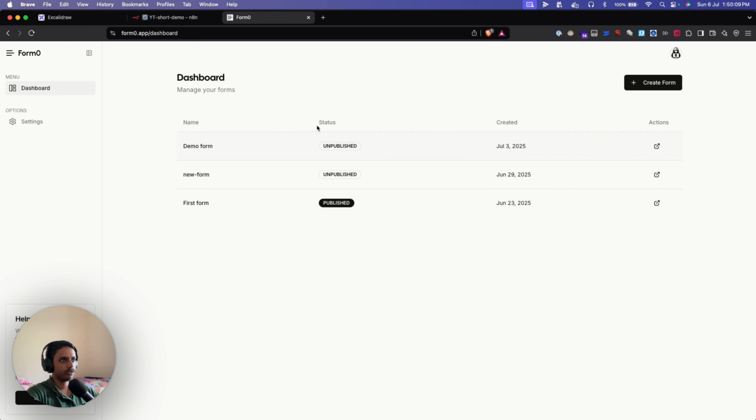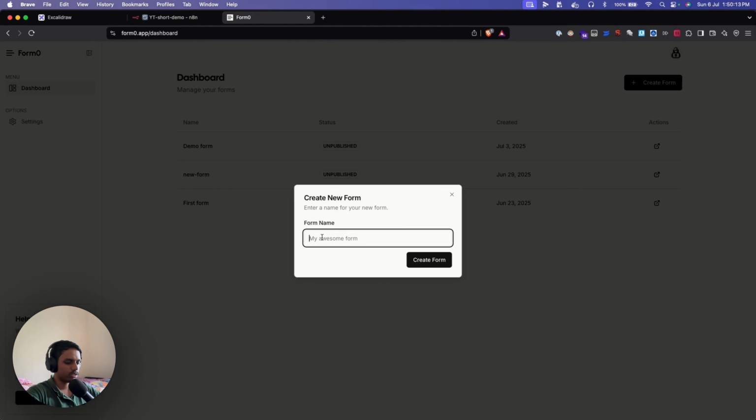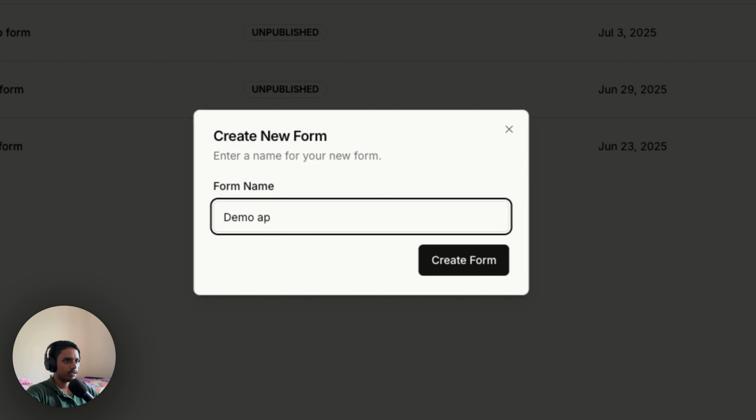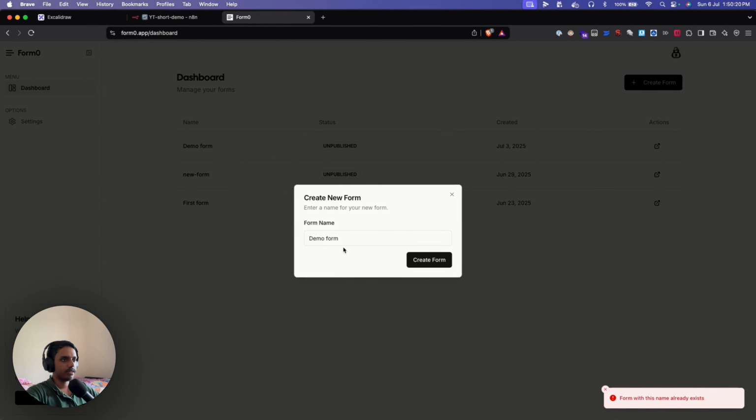So you can see all the forms that are already added here. So I can just quickly create one. So let me just say demo form. Seems like it already exists. Demo form 1. Okay,